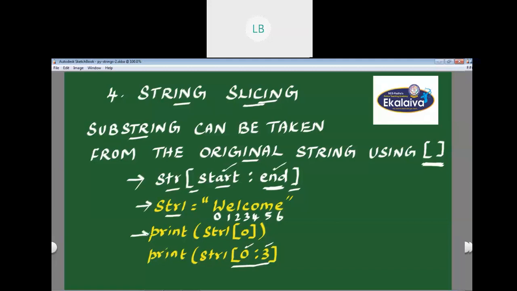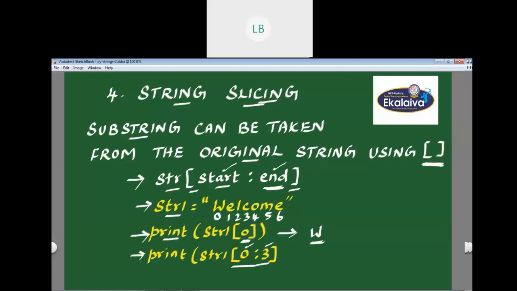When this statement is executed, string 1 of 0, the output displayed will be W. This can be used to slice a single character from a string. We can specify only the index value, and that particular character will be displayed because of the print statement.